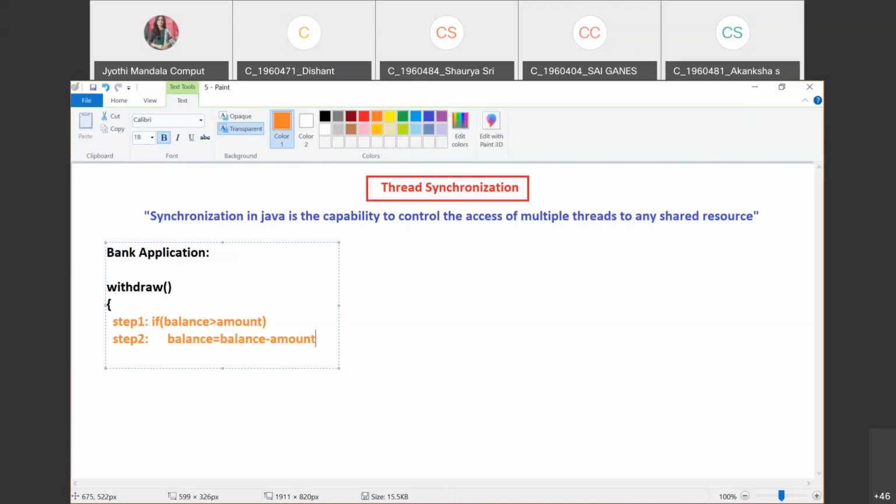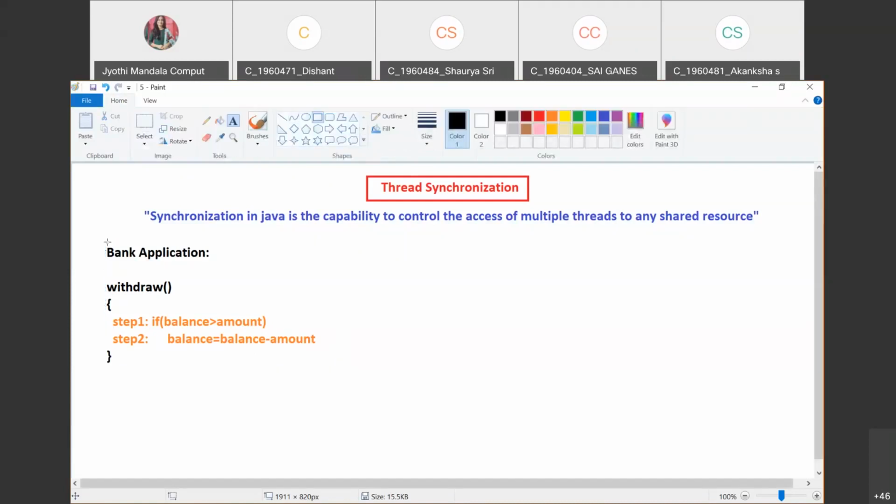So we need to follow a two-step process to perform a withdraw operation. Now why have I taken this application? Because let us take one real-time application where there is an account, and let us consider it is a common account.